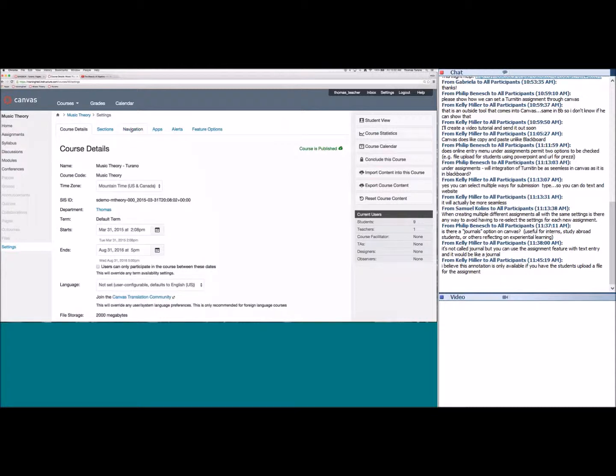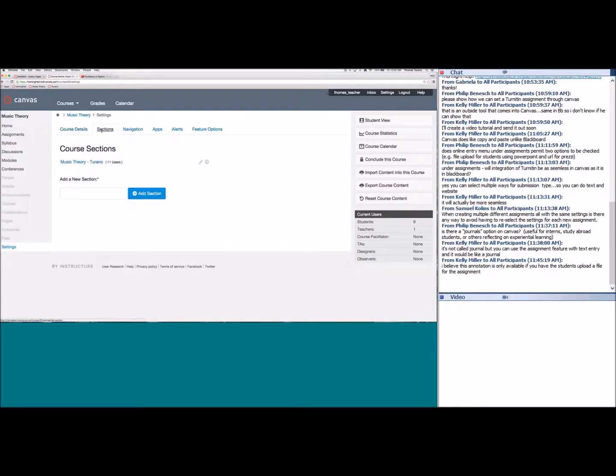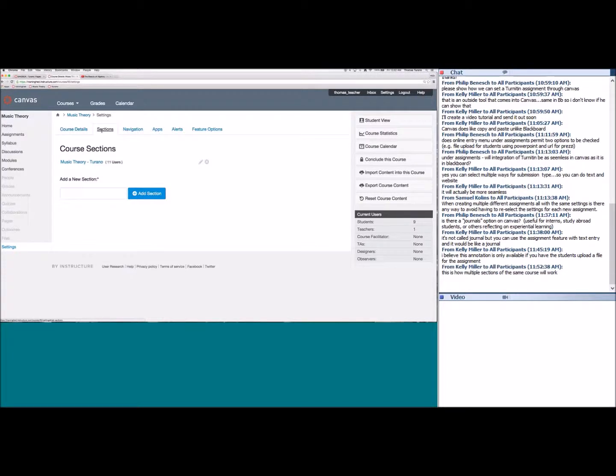I'm going to skip over sections. I'll give you a brief definition of what those are. Sections allow you to have one master course and then attach different groups of students to the class. So say I'm an English teacher and I'm teaching English 1 and I have 3 sections of it, like ENC 1100-01, ENC 1100-02, ENC 1100-03, rather than having 3 individual Canvas courses that I have to go in and update, I can actually have one master course and have all of my sections combined into one, which is nice. If you're interested in doing that, I would definitely, again,